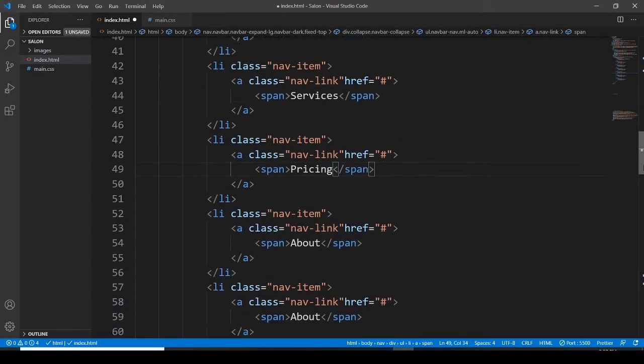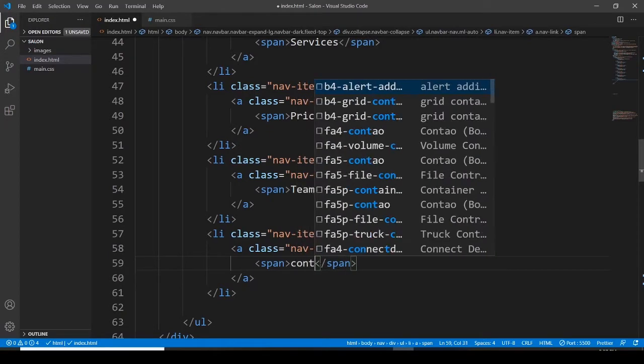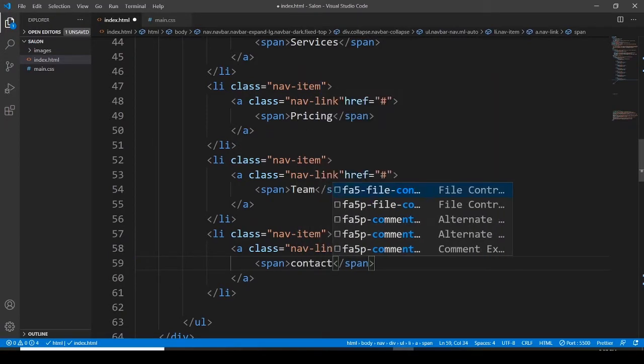Then I would like to go with the team, and this would be contact. Okay, let's save it, move on to the browser, and let's see. So cannot see anything, but we have to, I don't know. Okay,